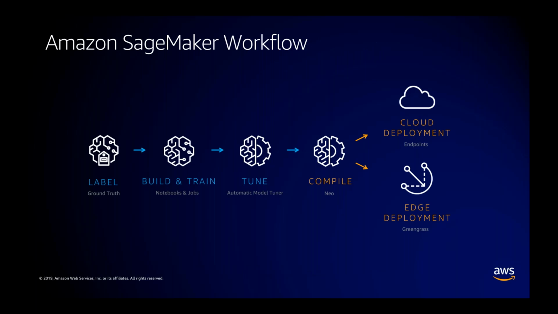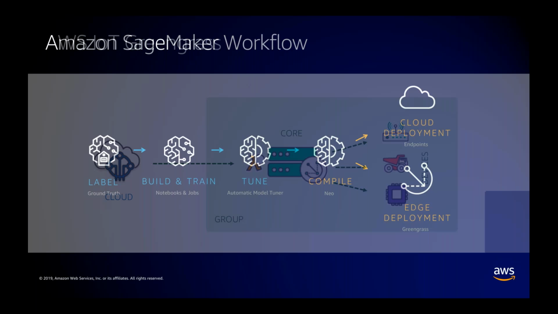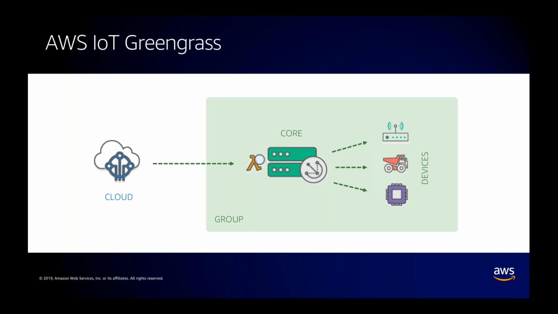And then the last thing we just want to touch on for SageMaker is the edge deployment. So we've got really good integration with a tool called AWS IoT Greengrass. And Greengrass is a good service for managing edge devices or collections of edge devices, where once you've done your training on the cloud, you can then define something called a Greengrass group. And inside the group, you have a number of devices. You designate one of these devices as your core, and this is the thing that's going to interact with the